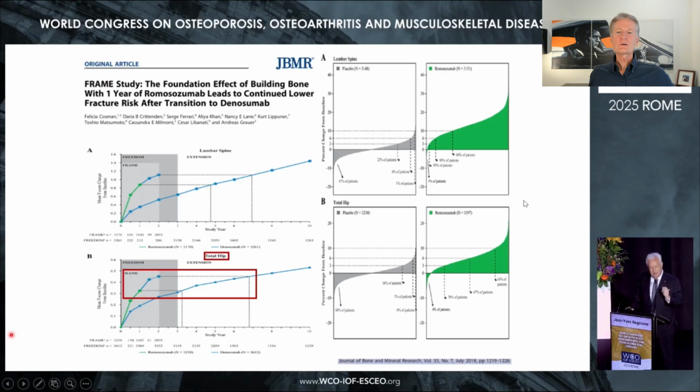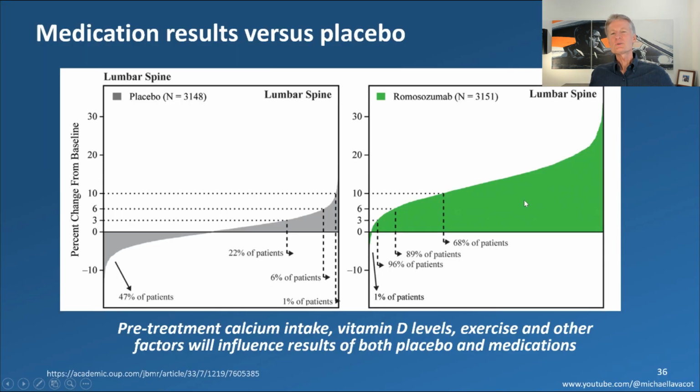All right, Dr. Reginster presented this. He was showing, if you're in that high-risk zone, the effects that you get of using Evenity before Prolia versus Prolia alone. And you can see the time periods and how much quicker you can move. But the right-hand side caught my eye, and I've seen charts like this before, and I wanted to talk to it. Because you see these trials where people will gain bone mineral density on placebo. And sure enough, it's shown here, right? This group here on the right-hand side saw an increase in lumbar spine bone density, even though they were on placebo, right? They were getting shots of saline, once a month, and they increased bone mineral density.